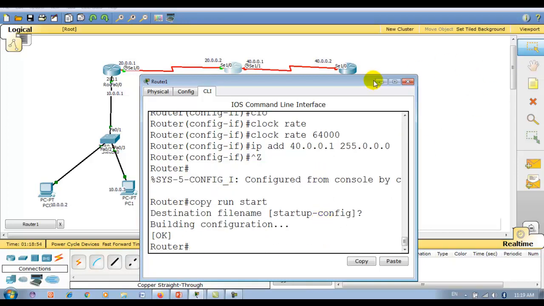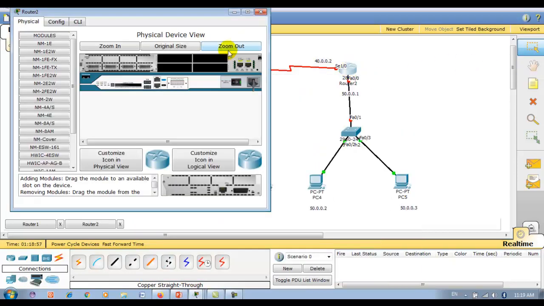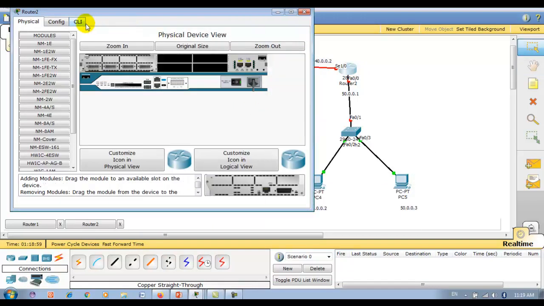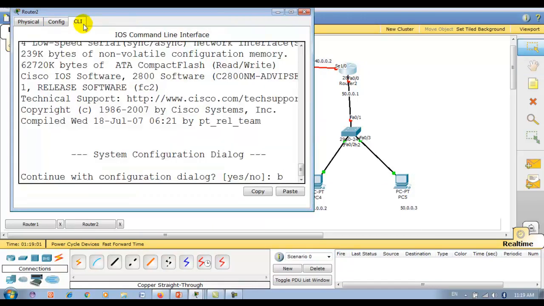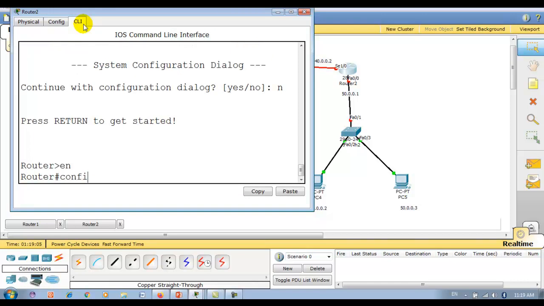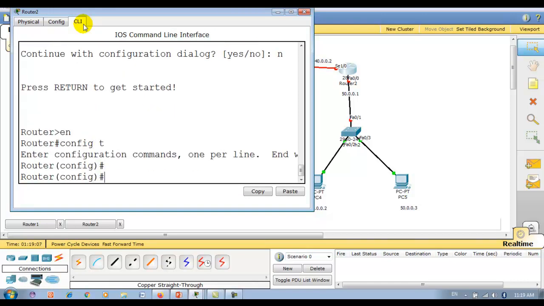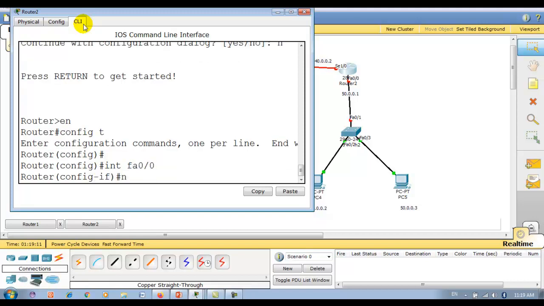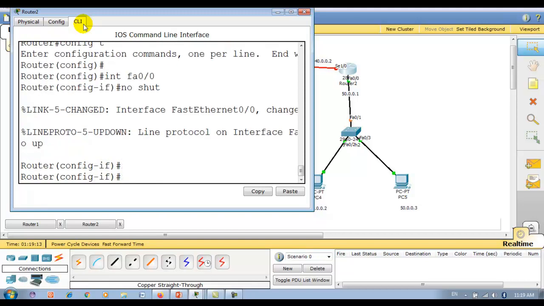Now this final router. Enable, then global configuration mode, interface FA0/0, no shut, then IP address 50.0.0.1, 255.0.0.0.